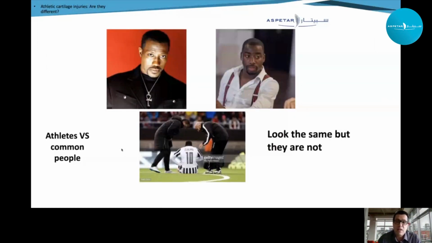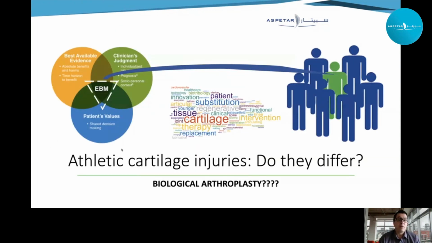Another problem that we're facing, especially in the general population but especially in athletes as well, is that you can find some similarities between people, but nothing is exactly the same. You can see one football player, whom I know personally, Jalma Campos. He looks, in my eyes at least, like Wesley Snipes, but he's definitely not the same person. And the problem we are facing as sports physicians is that in our practice in general, not necessarily in the cartilage area,